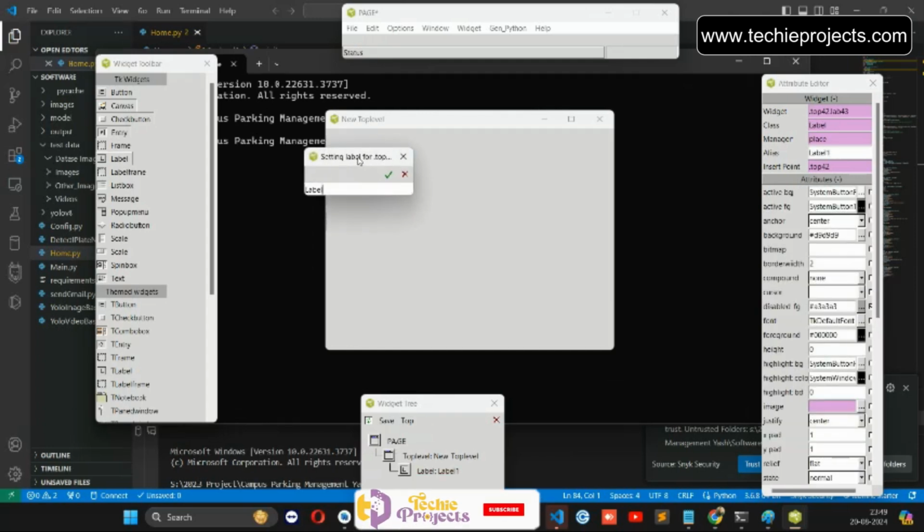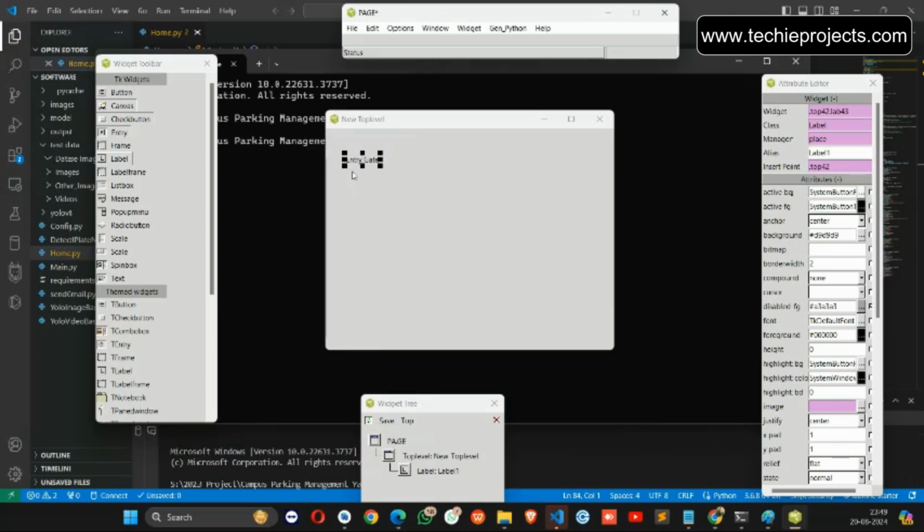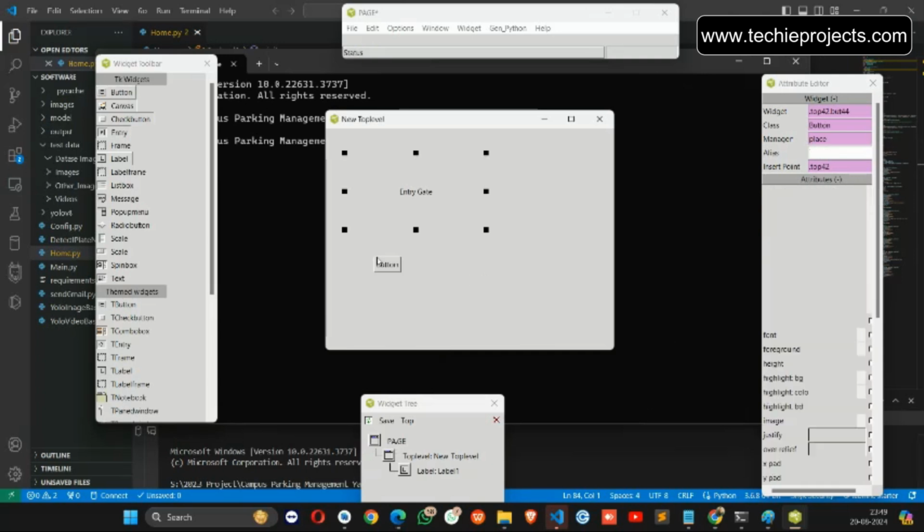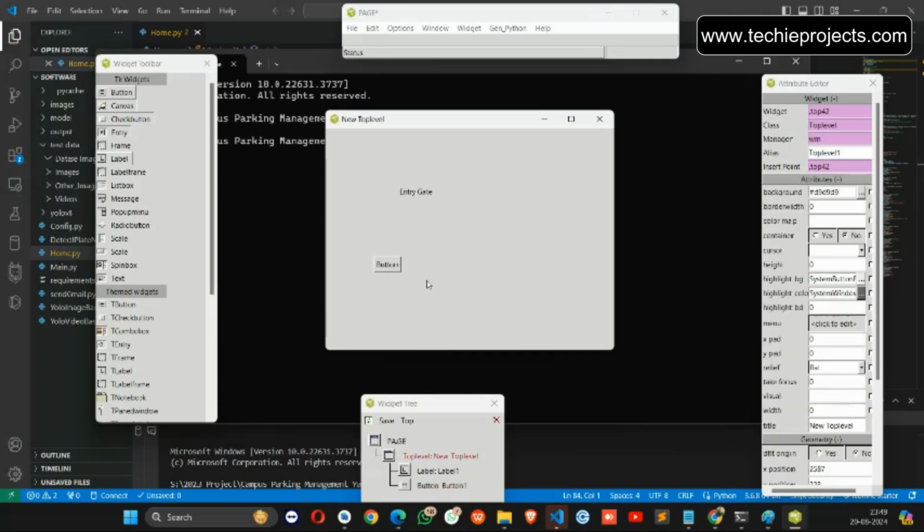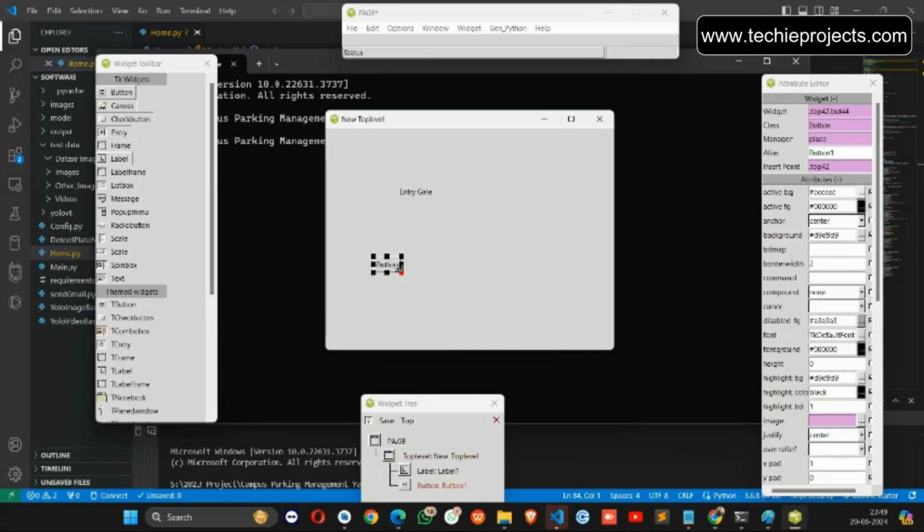I can put my own command, like suppose an entry or anything. I can increase the font size, anything, from the right side. So this way we have created the UI. Suppose I want to create a button, I can place it here and create a button. So with the help of the drag and drop tool we have created the user